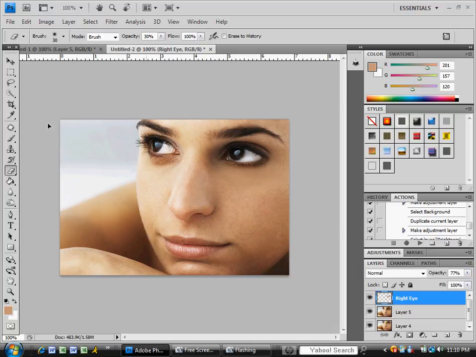Now if you want to remove the wrinkles, you just go to the patch tool, select the wrinkles, and use what you just learned in the previous photo. And you want to make sure the main layer is selected. I forgot to do that. So just kind of do that, so on and so forth. And